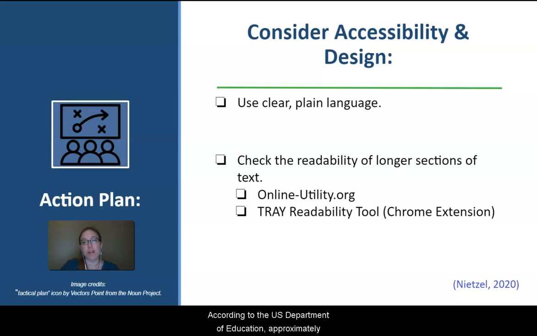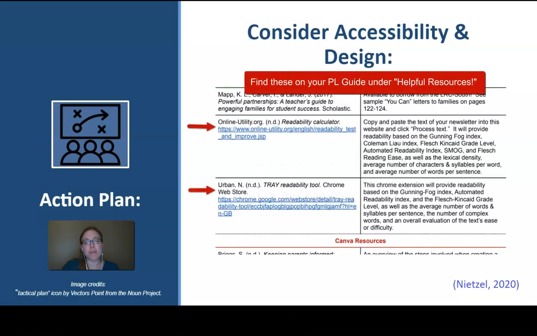According to the U.S. Department of Education, approximately 54% of U.S. adults between 16 and 74 years of age read below a 6th grade reading level. Two tools that could help you determine the readability of your newsletter are the Online Utility Readability Calculator and the Tray Readability Tool. Both provide statistics such as the average number of words per sentence, the complexity of words, and readability scores from